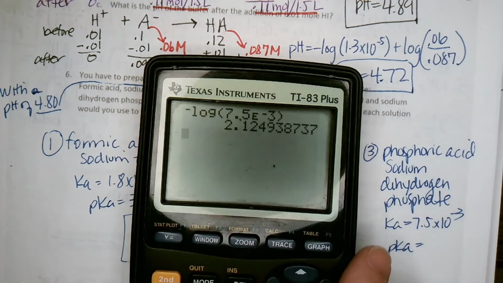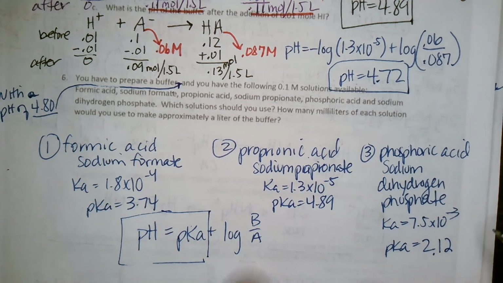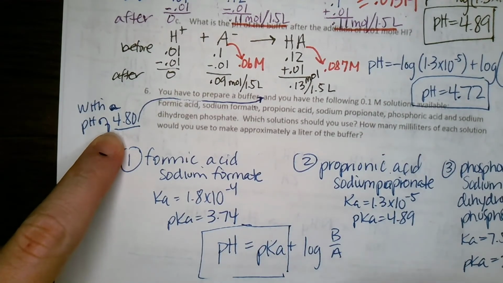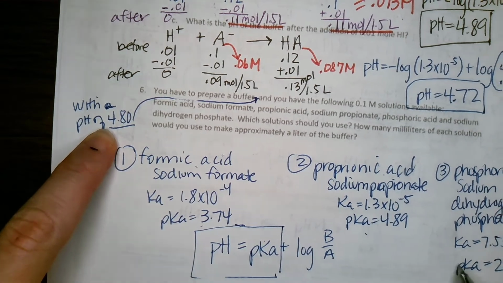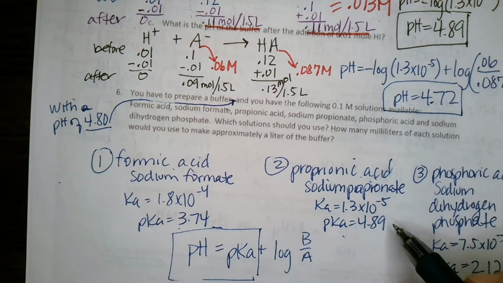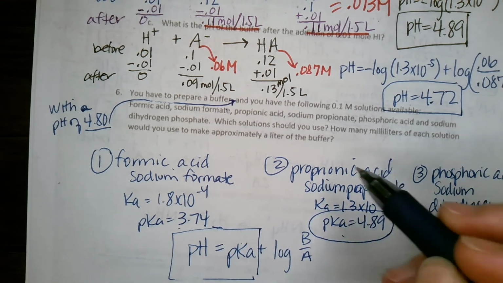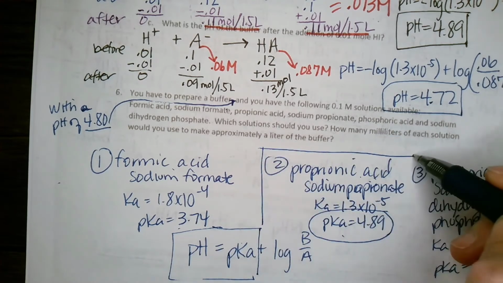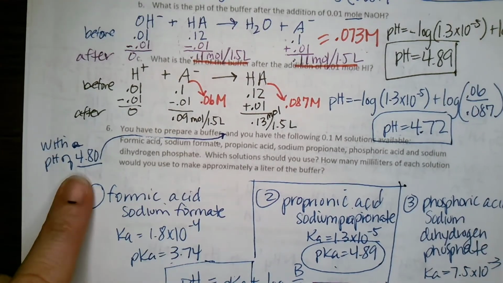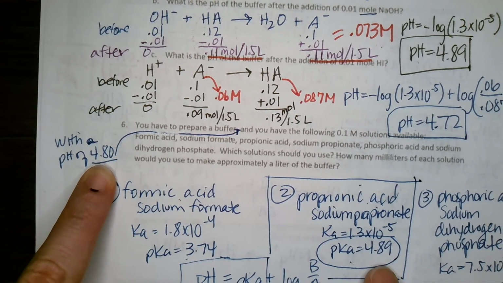We get 2.12. So we want a pH value of 4.80. Which one of these is closest, within plus or minus a pH point? It would definitely be our propionic acid. So this is the solution we would want to prepare a buffer with about a 4.80 pH, where our pH